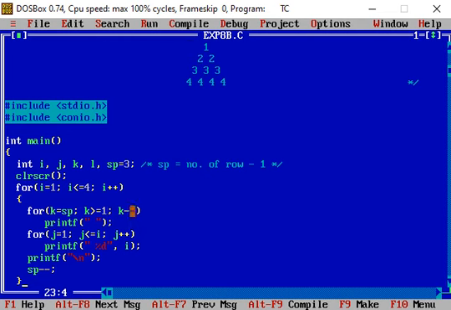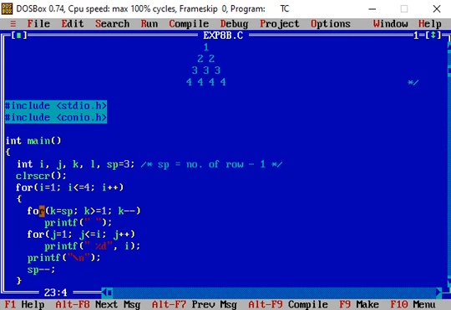So the value now becomes equal to 1. 1 is greater than or equal to 1, that is, this condition is true. So again the printf statement is executed and the cursor moves 1 position right. After that, when the value of k is decremented, it becomes 0. So the condition becomes false, and control comes out of this for loop.